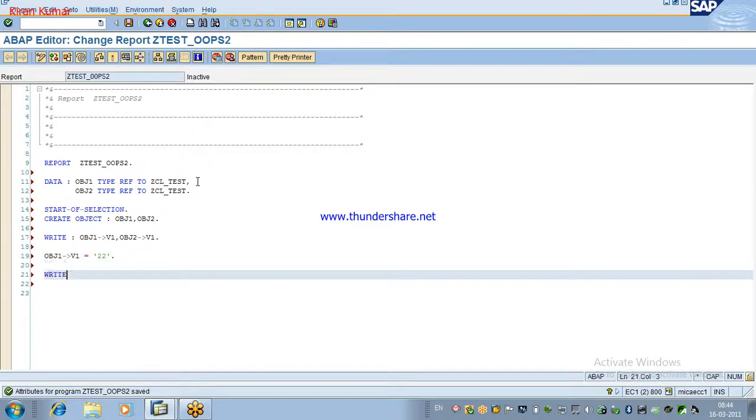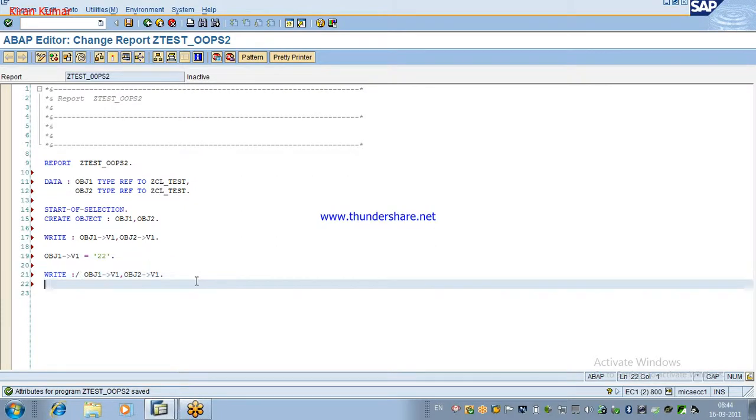Next I will put the same write statement again. I will put a new line so that you can identify. Okay, now what is the output? So 22 comma 10.